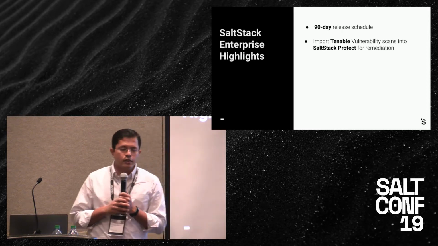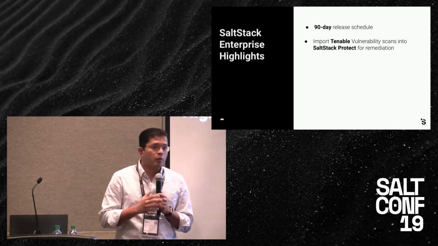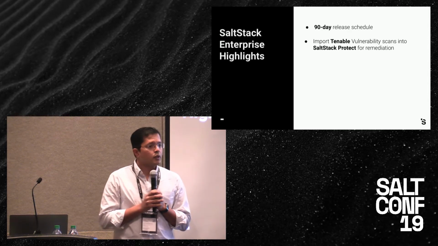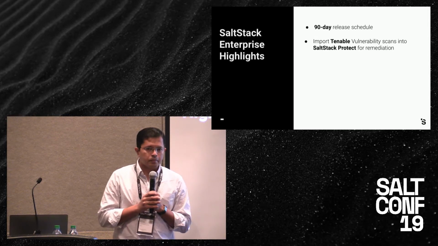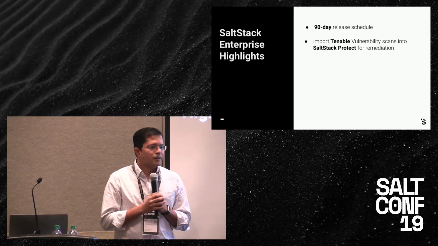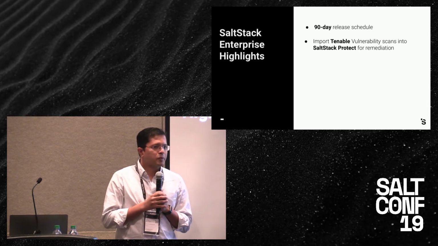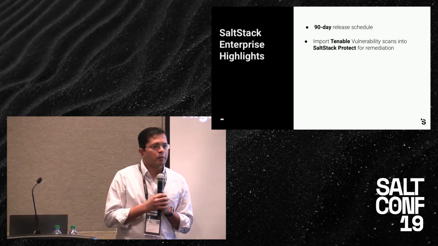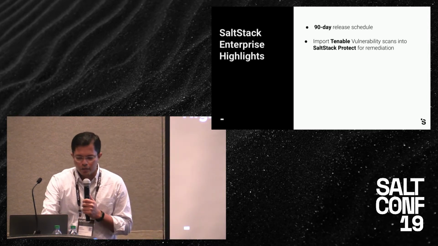What this does is it imports data directly from a vulnerability management vendor like Tenable, and you can run a scan with Tenable and import the scan result into SaltStack Protect, and we will help you remediate that from SaltStack. So you don't have to figure out, parse out Excel sheets, PDF files, or whatever it is. All the reports just come in, and once they come in, you can start remediation.